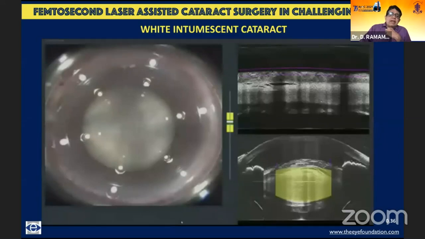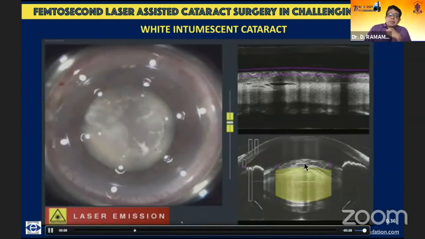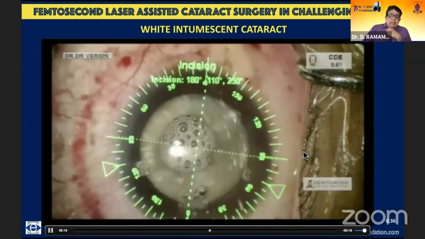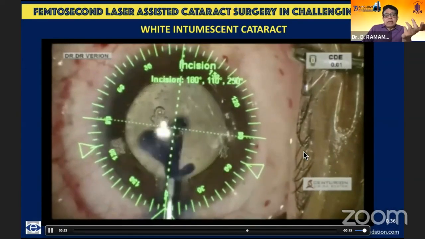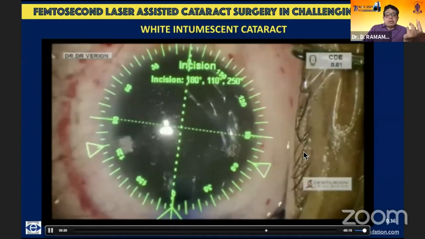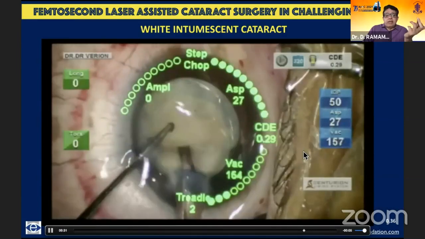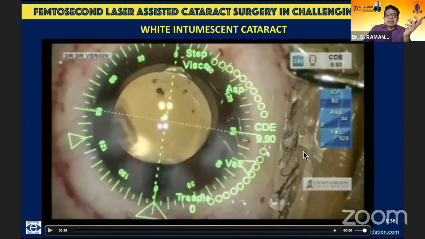One of the greatest indications for laser cataract surgery is an intumescent white cataract. As you see in this case, you can see the lens capsule bulging forward into the anterior chamber, and that's the laser that's been performed. It takes 6 seconds in some, 1 second in others. Invariably, I go ahead and use the dye simply because I cannot make out where the capsule is lying. In this case, the capsule is lying free, and I don't have to do anything about it, and it just flows into the phaco probe as I start the surgery.